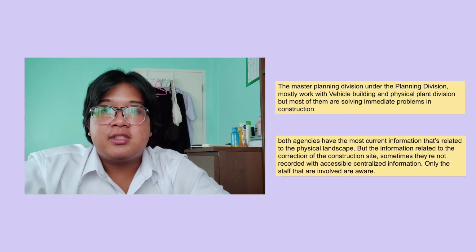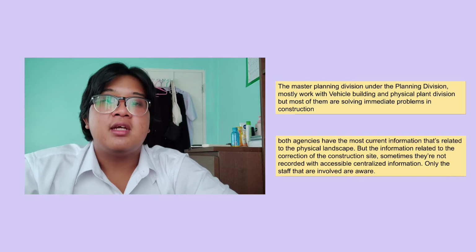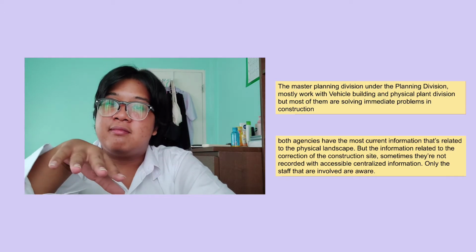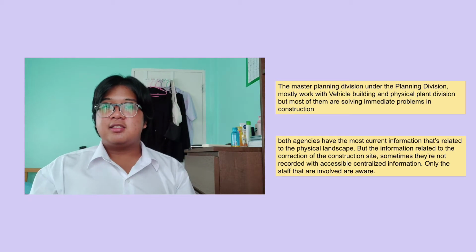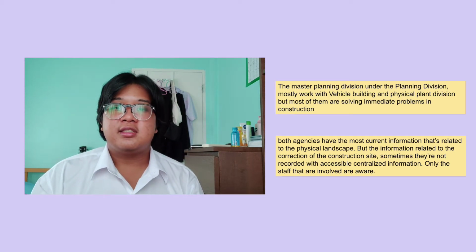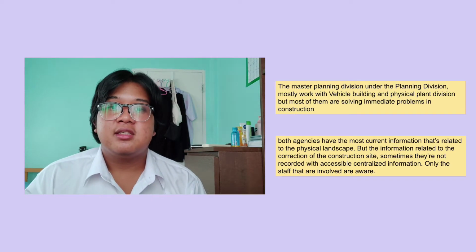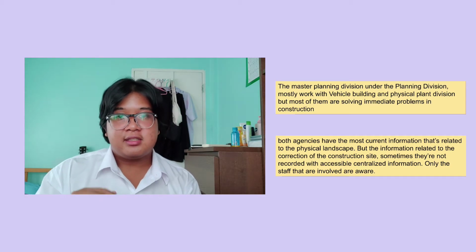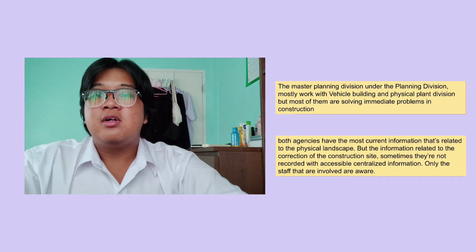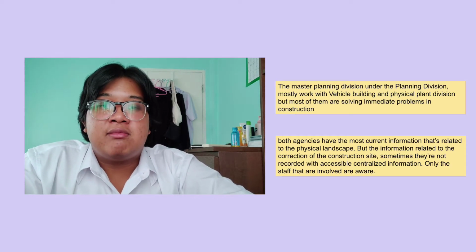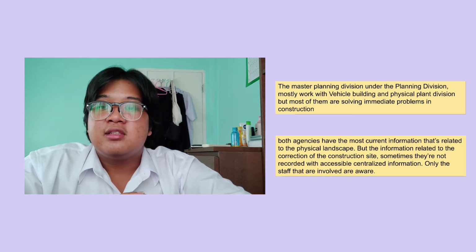The Master Planning Division under the Planning Division mostly works with the Vehicle Building and Physical Plant Division, but most of them are solving immediate problems in construction, such as managing the drainage system surrounding a new building. Each time a campus renovation is constructed, especially near drainage, the traditional water source and the rainwater drainage system, both underground and surrounding drainage,